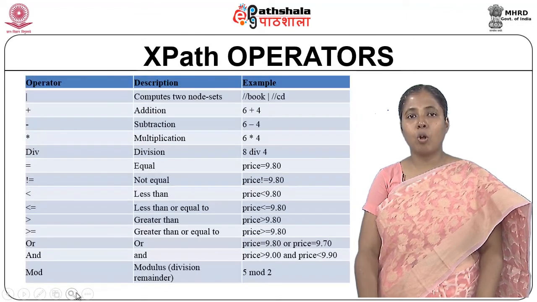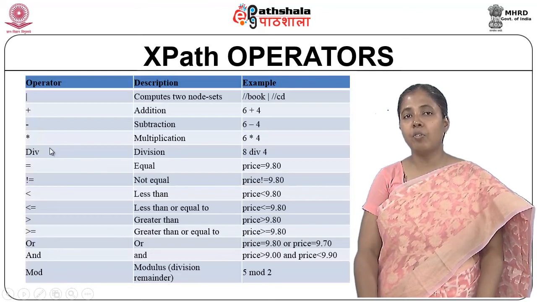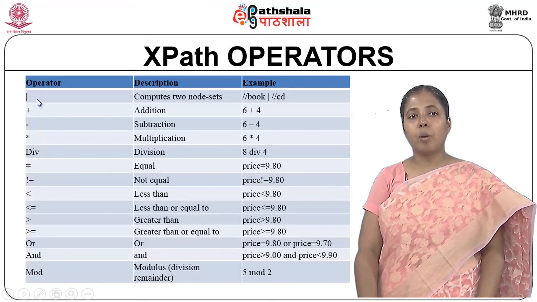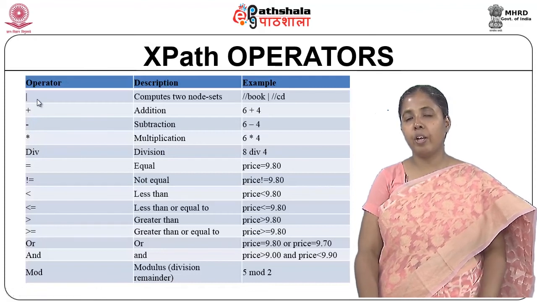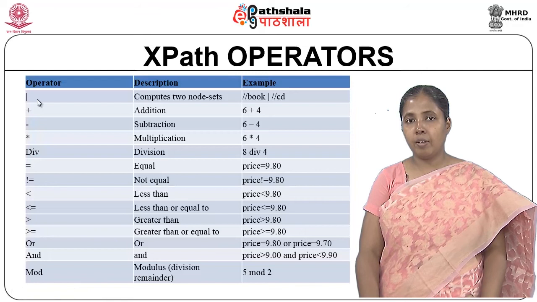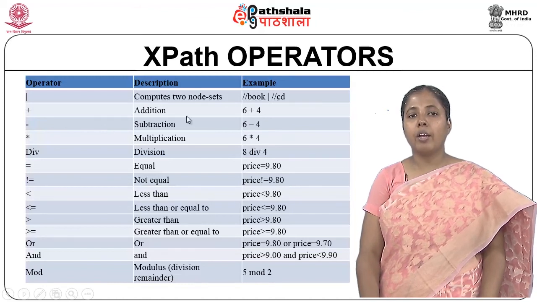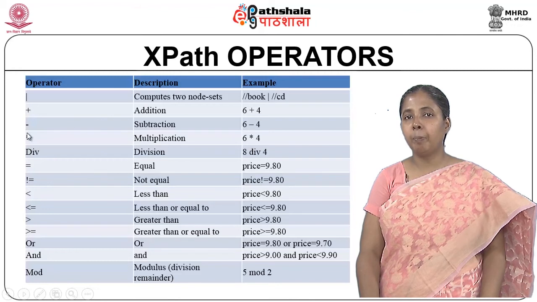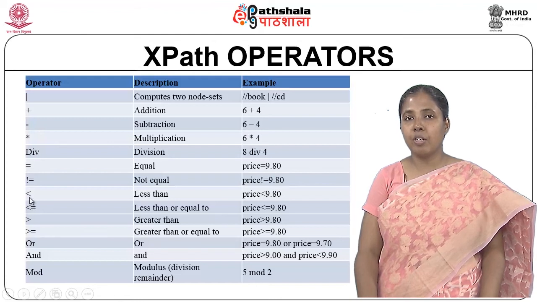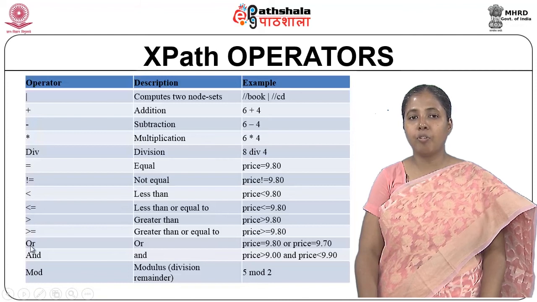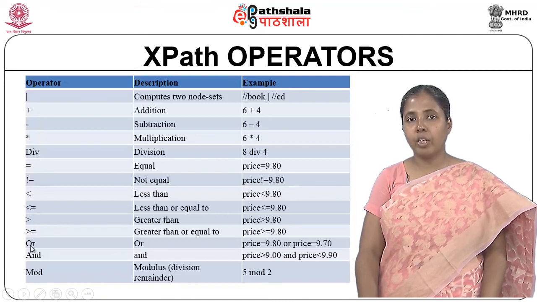And operators are also used with XPath. You can see that these are the operators you can find with XPath expression. This computes two node sets. We have seen that it can make multiple paths at the same time, using a pipe symbol, the pipe operator. So, this selects all book nodes and all CD nodes, and an addition which normally comes with the predicate. These operators come with the predicates, and you can use a less than. We have seen that price should be more than 35. So, we have understood that these are some of the operators that come along with the path